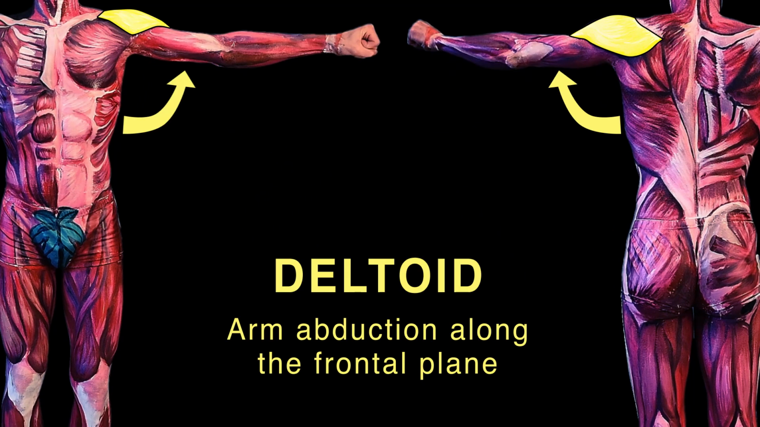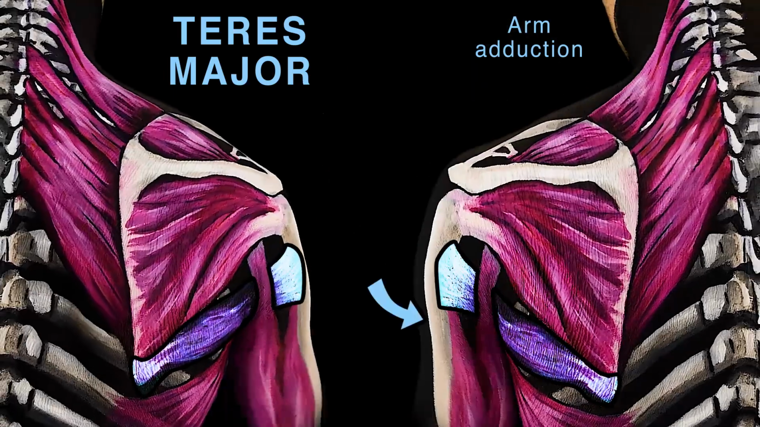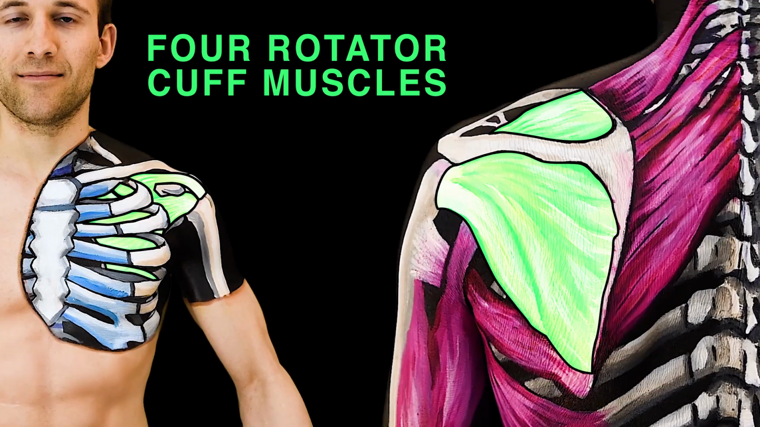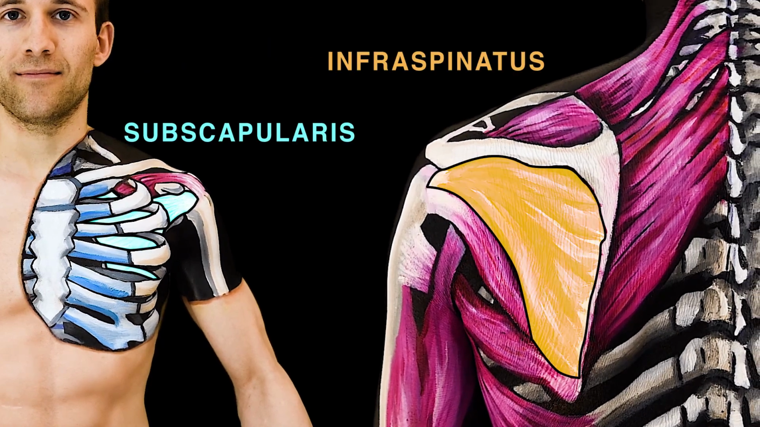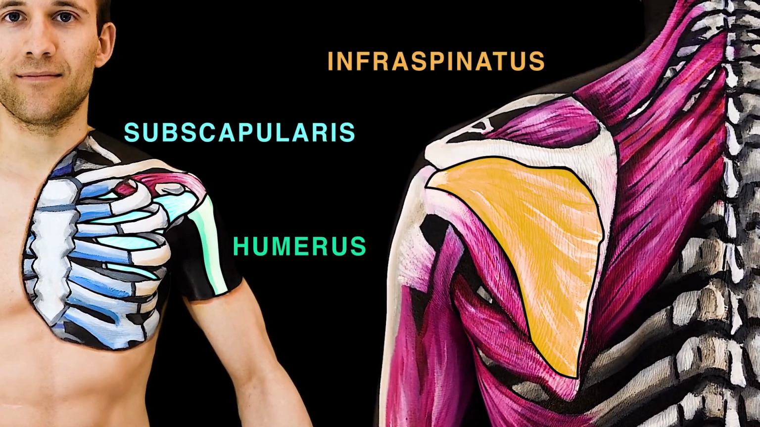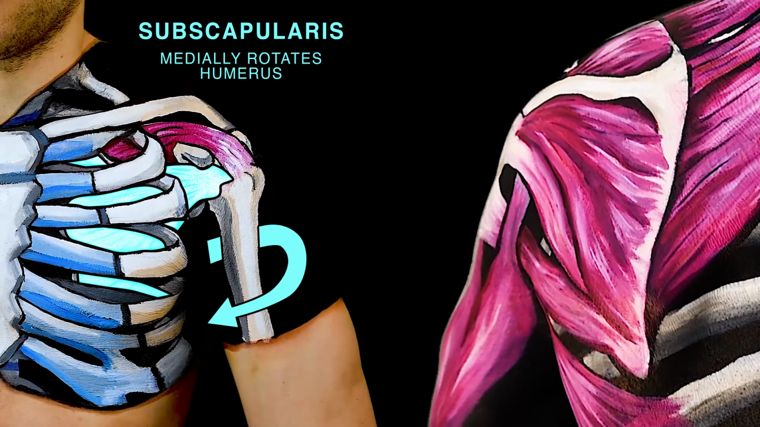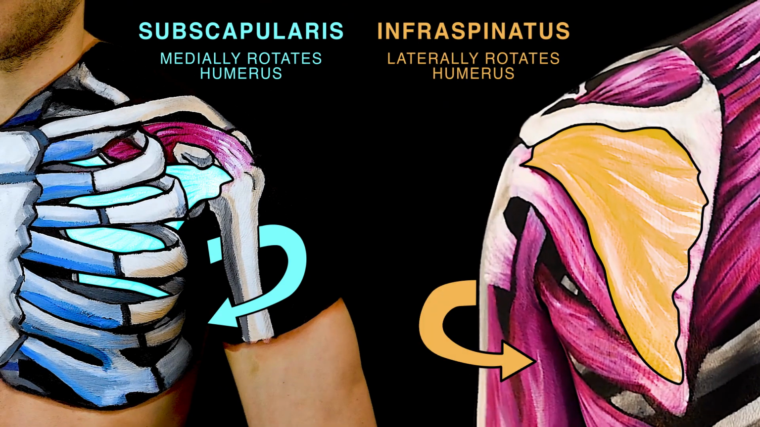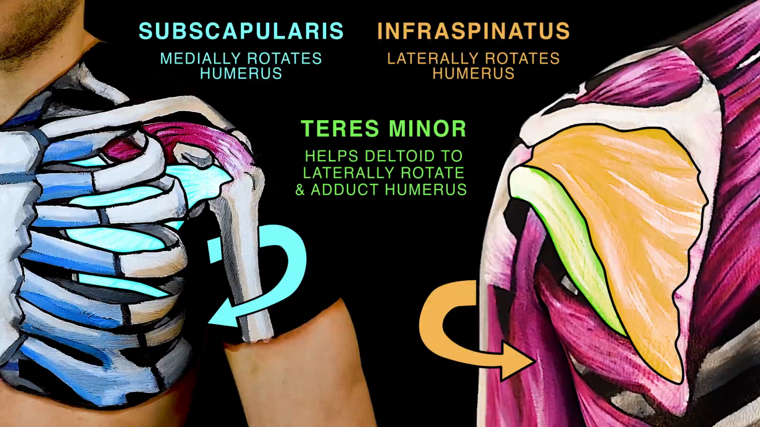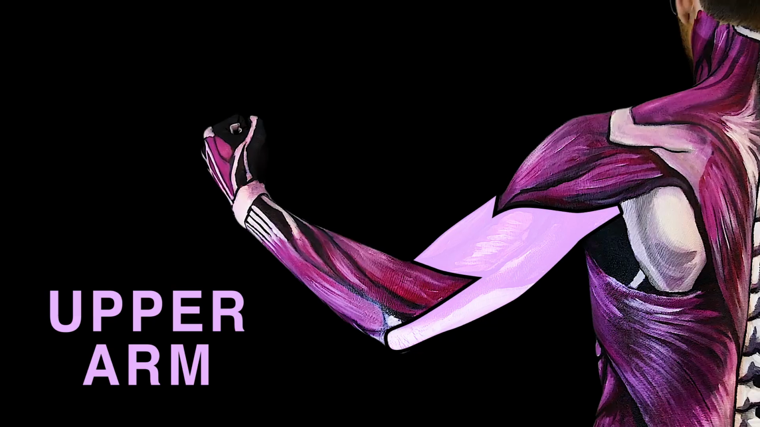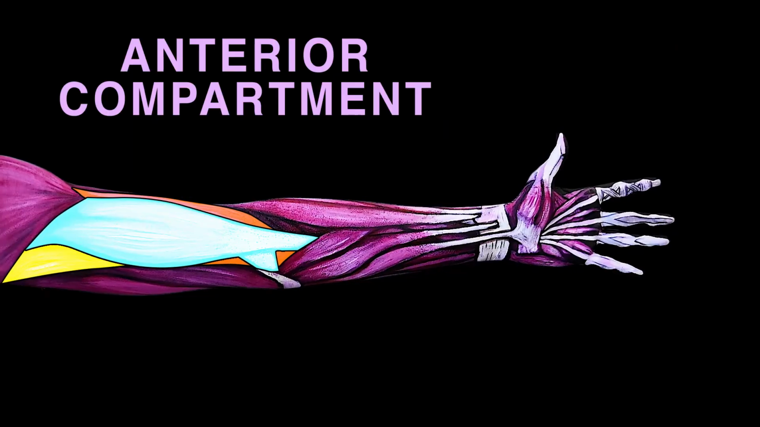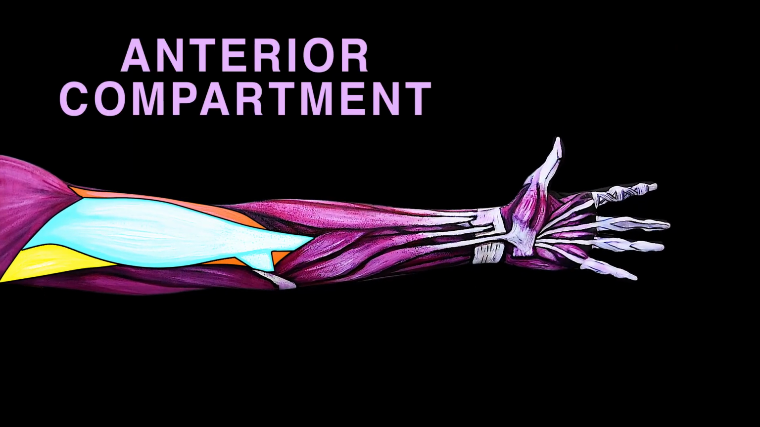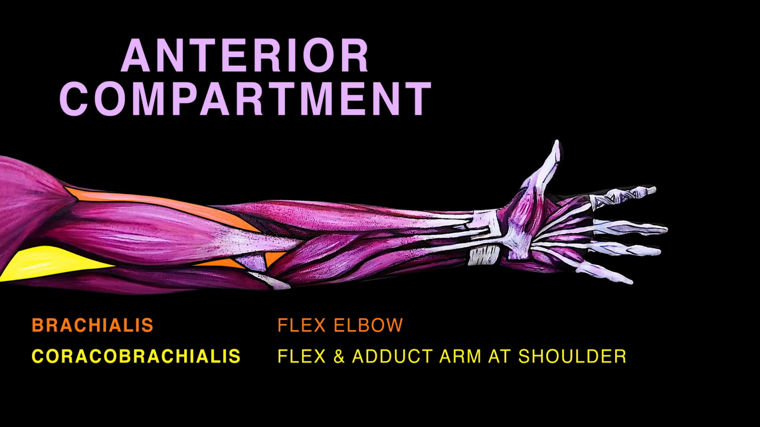The deltoid helps raise your arm, gives the shoulder joint stability. Teres major gives arm adduction, medial rotation. The 4 rotator cuff muscles give the shoulder joint stability. Subscapularis and infraspinatus give humerus rotatability. Subscapularis rotates inward and infraspinatus outward. Teres minor helps the deltoid. Supraspinatus pulls upward. In the upper arm, 4 muscles are present, including 3 found in the anterior compartment: brachialis, coracobrachialis,